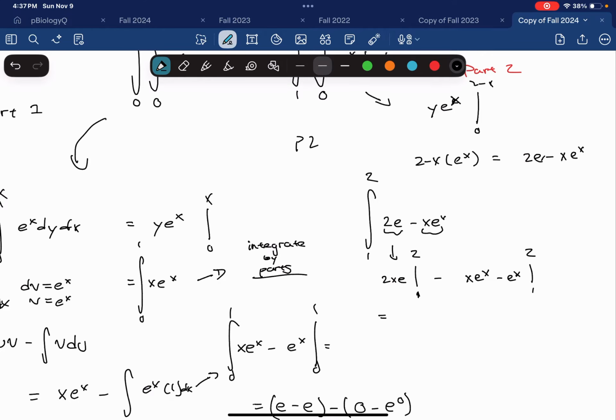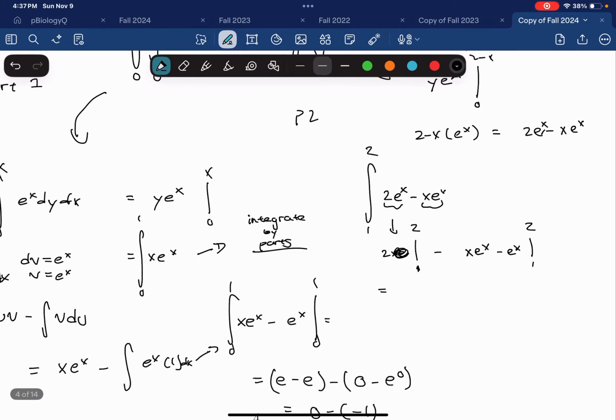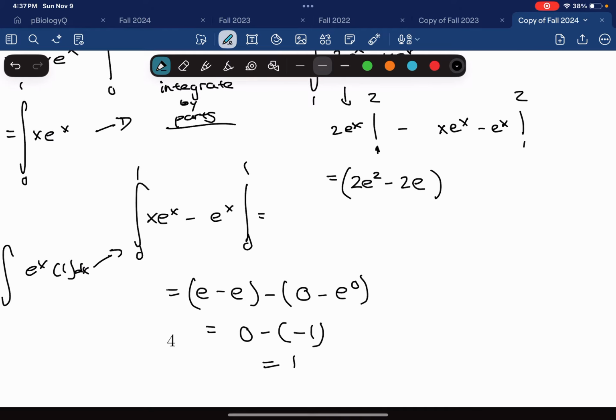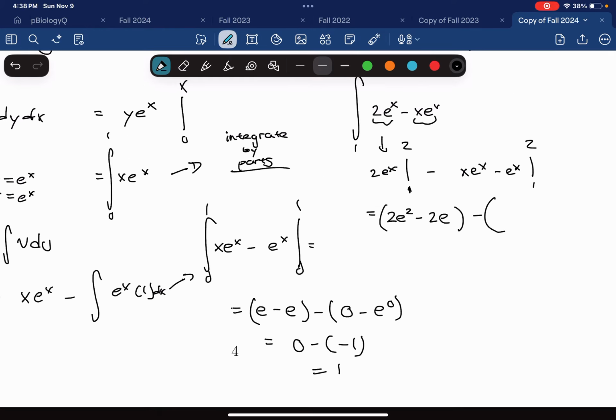Oh, that should be 2ex. Whoops. 2ex. And that doesn't really change because it just stays like that. So now I got 2e squared minus 2e, which is all minus this, which becomes 2e squared minus e squared